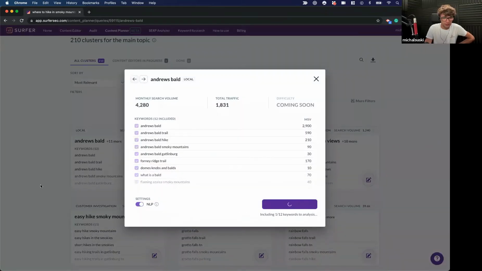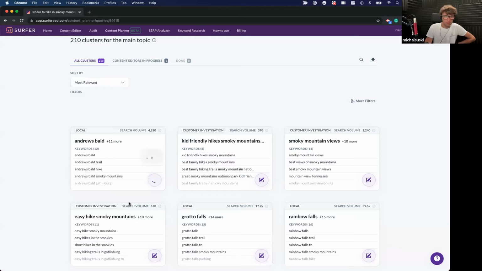I will create a content editor, and within 60 to 120 seconds, I will be able to click here and get the public link that I can share right away with my writer, and the writer will be able to access it, create the content using the guidelines, and it will be displaying the content score on the screen for you, so you will be able to see the progress of writing, and then move to your website and move to the next one, and the next one, and the next one. So that's a super simple strategy that you can start using right away.